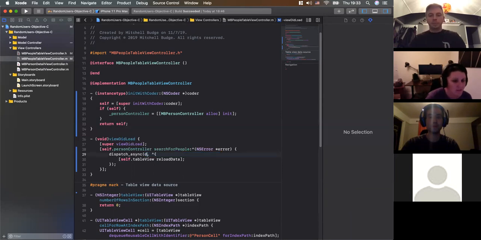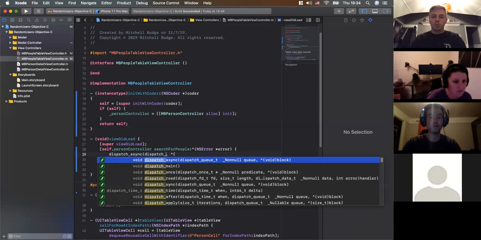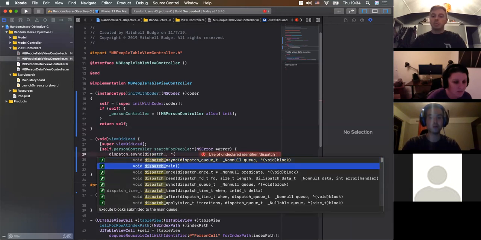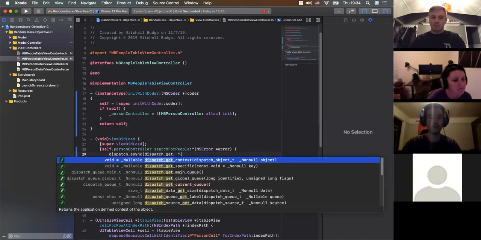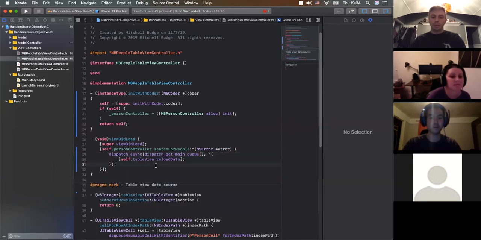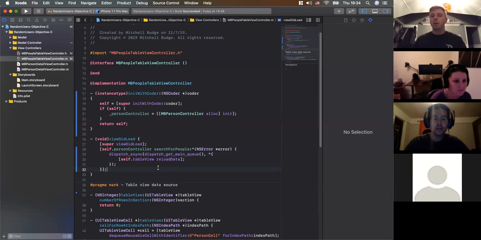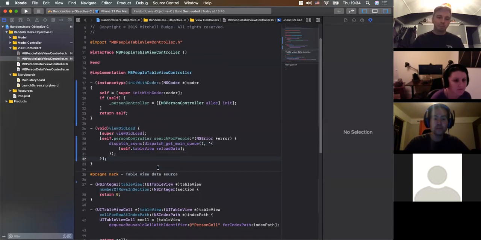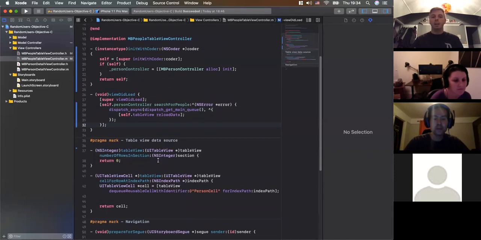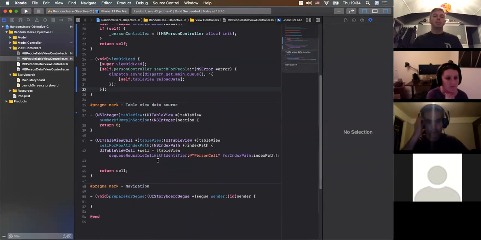This one is dispatch underscore. This main is misleading. We're going to do get main queue. So this is really good boilerplate code just right here. For using asynchronous UI updating methods in a table view on Objective-C, this is what you're always going to want to do, probably in the viewDidLoad or in a search bar method, right? Cool. So that's going to fire when our user opens the app,